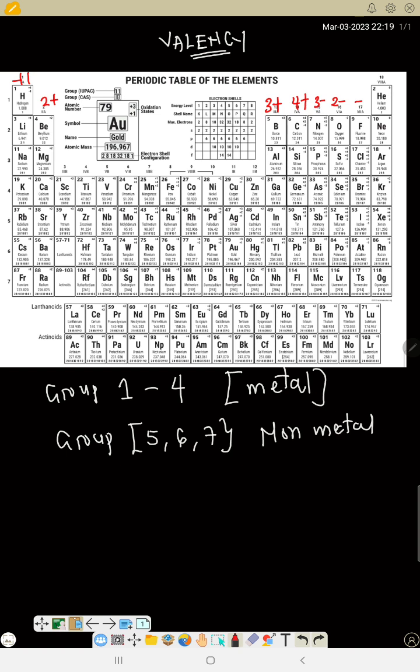The next one is how to calculate valency of a compound. This is valency of an element. Now let's see valency of a compound. So next,